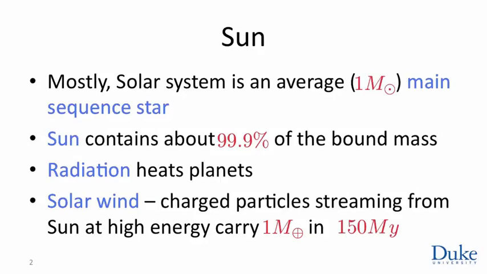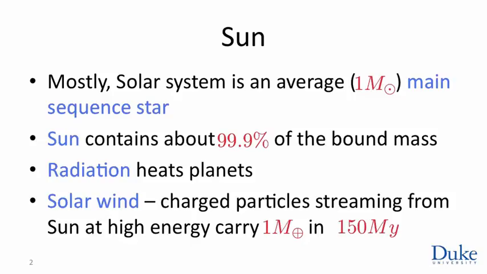Well, primarily, the solar system is all of the objects in bound orbits around the sun, and most of that is a star. It's the sun. To a great extent, 99.9% of the mass of the solar system is in this average-sized main sequence star we call our sun, and this star dominates the solar system in more ways than containing all of the mass. In addition to dominating the mass, the sun extends its influence throughout the solar system in two other ways. One, we talked about last week, is the radiation, the black body radiation with which the sun glows. That is the source of our light and heat here on Earth and elsewhere in the solar system.